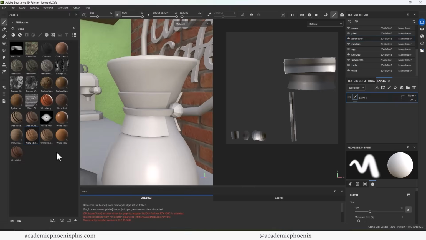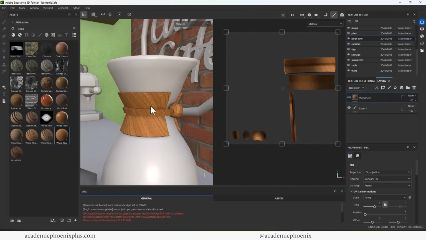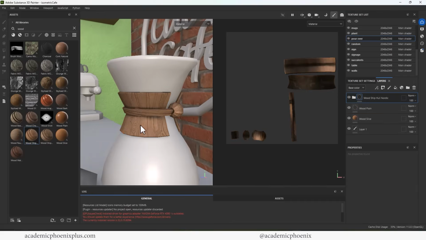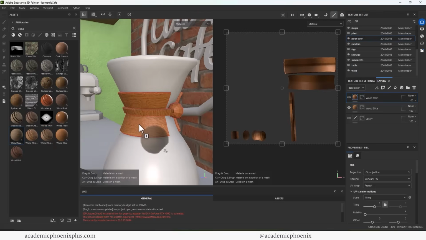The first thing I want to do is work on the wood, and it's kind of like a light wood. So let's go ahead and see if we can find a nice light plain wood. Now, I don't want it to be thick lines or anything like that, and I definitely don't want it to be messy. So I'm just dragging the textures in here to see if there's something that I like that will be good for my